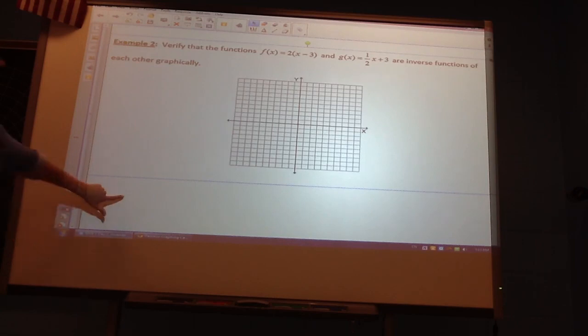Let's look at another example graphically. We need to verify that the function